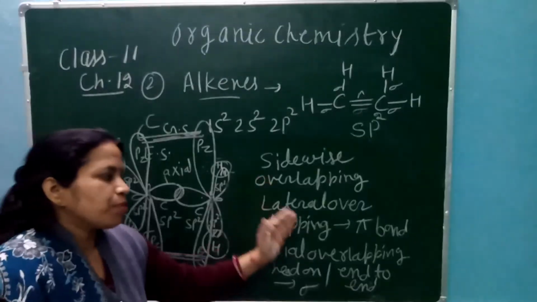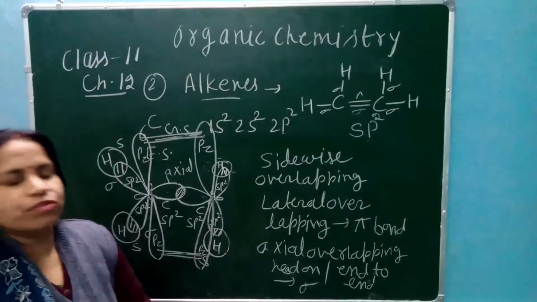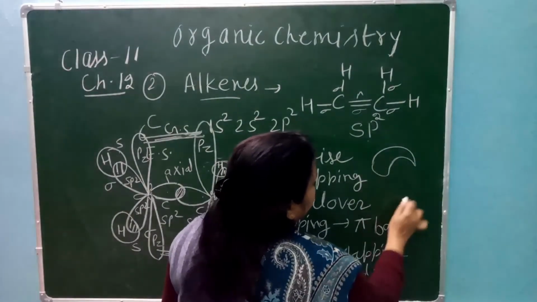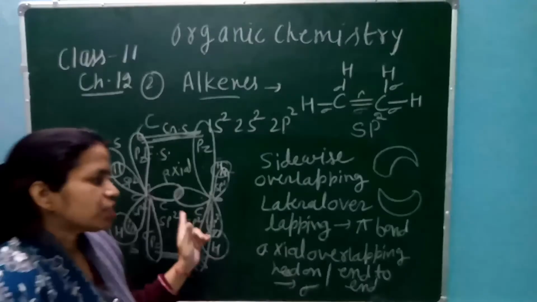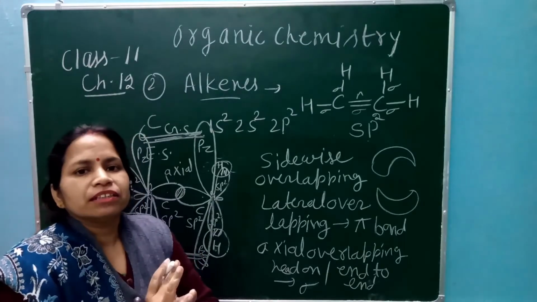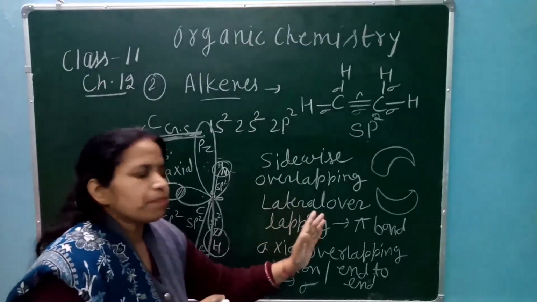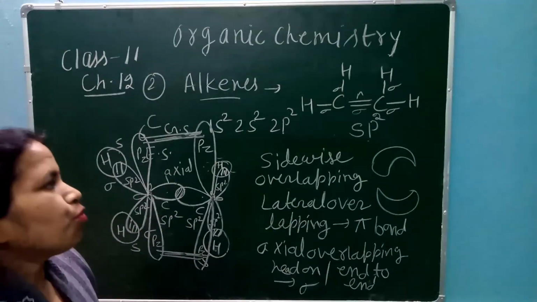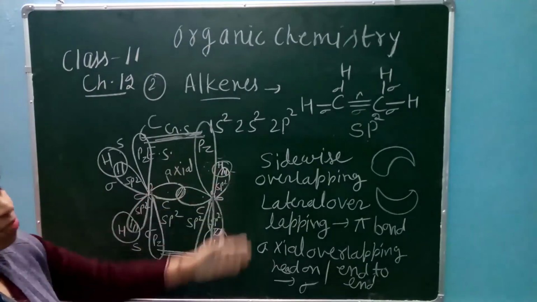Because in a pi bond the electron density is divided into two parts, above the plane and below the plane, like a banana bond. But in a sigma bond all the electron density is arranged at the center, so it is strong. So clear how the pi bond is formed? Now this is called sp2 hybridization. Again, next example, write down these points.